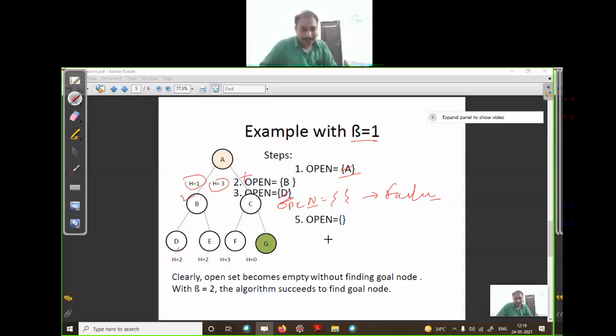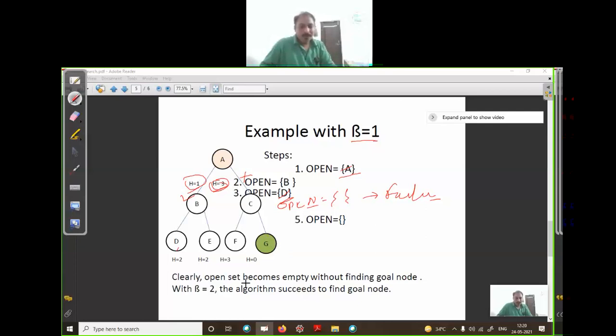Are you getting my point? In beam search, if a good heuristic is not used, as you can see here the heuristic of c is 3 and the other is 1, but the heuristic 3 is the one that would take you to the goal state.